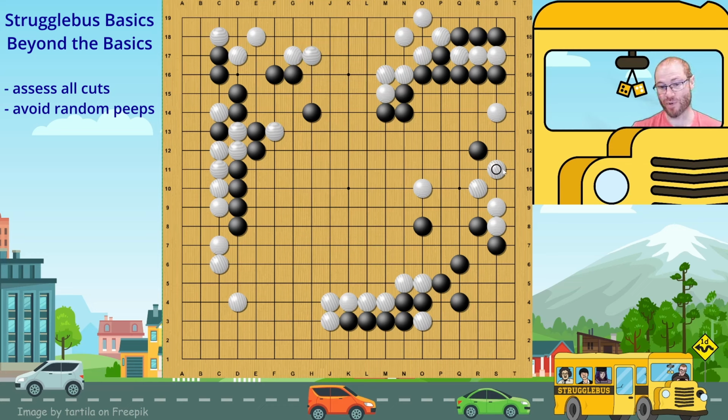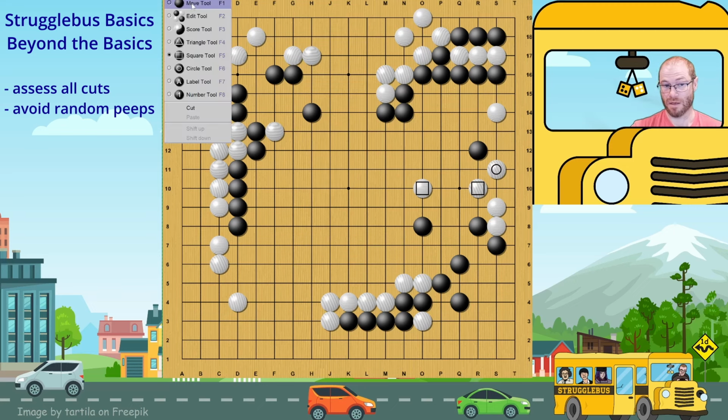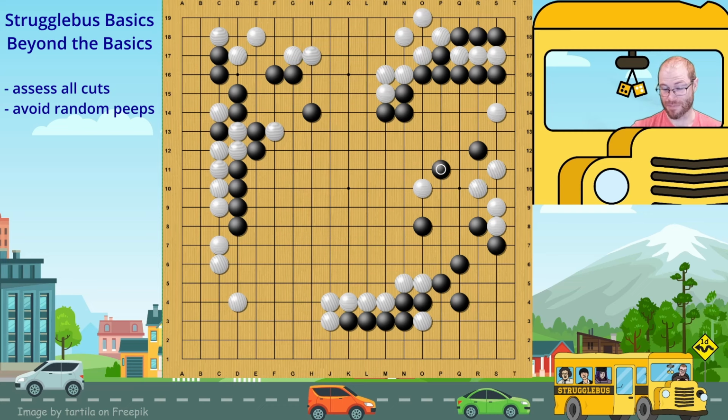So taking a look at this with white playing here, we recognize a very cuttable shape here. We know that this shape can be cut. But if we play a bad peep like this, what happens is, yes, this is a forcing move, but it forces white to fix the shape. And then when we play the next bad peep, it forces white to fully fix the shape. So now that cut is no longer there. Black had an opportunity to take this cut, but instead played bad peeps, thinking that they were getting something good out of this exchange, when in actuality, it's just forcing white to get stronger,